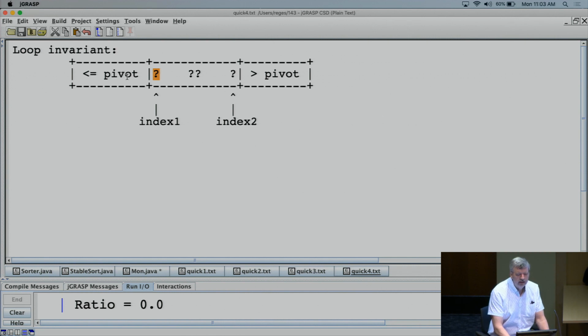What would be a convenient value to find right there at list index 1? What would be a value that would kind of make my task pretty easy? The answer is, it would be nice to find something less than or equal to the pivot. Because if I find something less than or equal to the pivot, then this thing is where it belongs. It's kind of in the right spot,